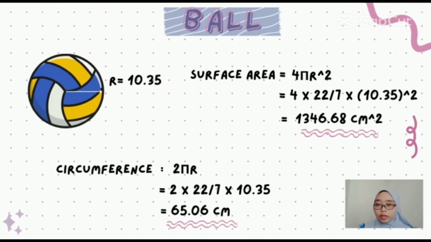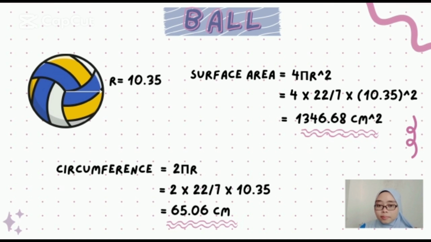Next, the ball of volleyball. The ball we can say is a sphere. Now, we want to continue the calculation of the ball. Firstly, we have a ball with a radius of 10.35 cm. We start from the circumference. For the circumference of the ball, we use the formula 2 pi r. So, 2 multiplied by 22 over 7 multiplied by 10.35 cm equals